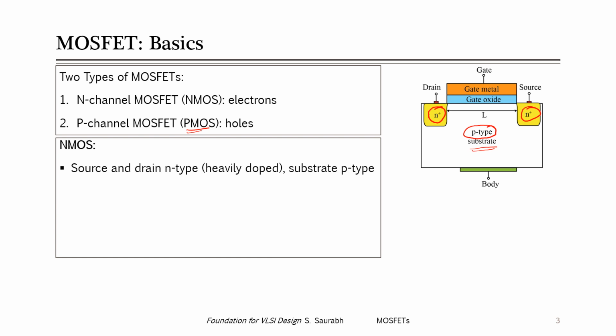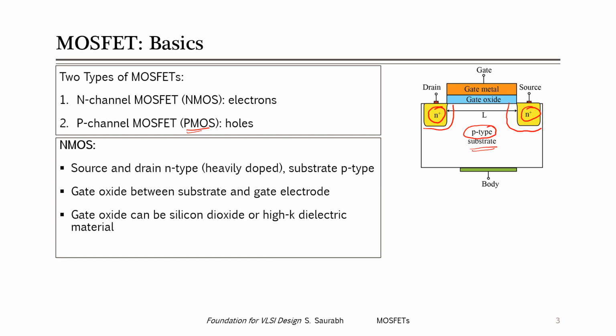If we have an n plus region and a p-type region, then at the boundary we'll have a depletion region. We had looked into the p-n junction. Whenever there is a p and n type material, at the boundary between them there will be a depletion region. So a depletion region will be found between the n plus source and the p-type substrate, and between the n plus drain and the p-type substrate. And then there is